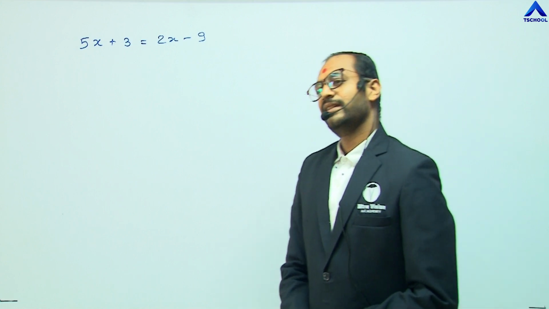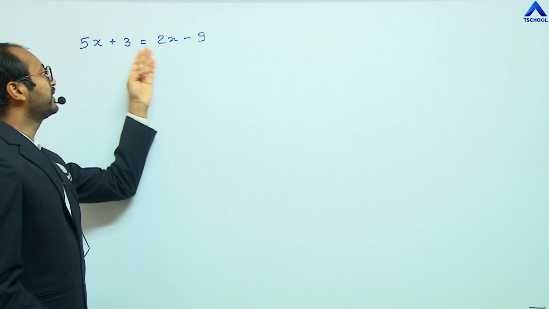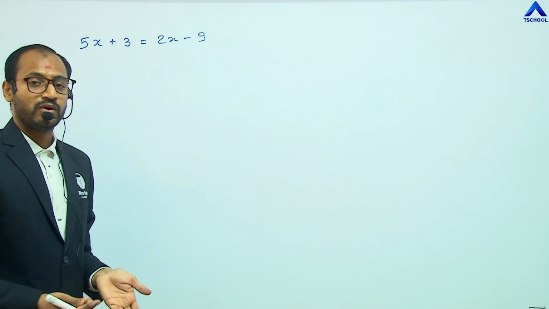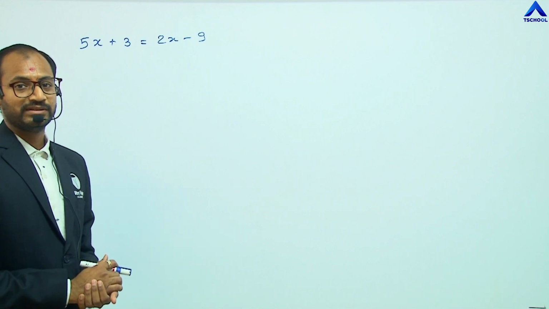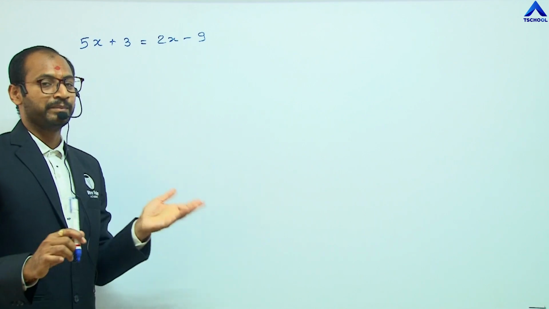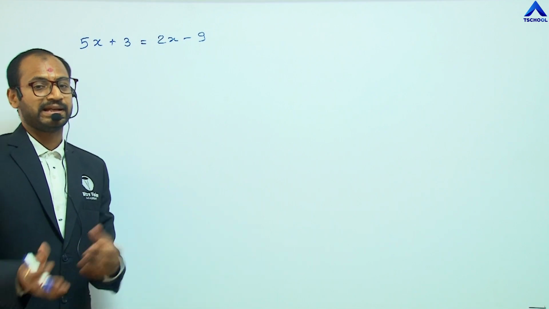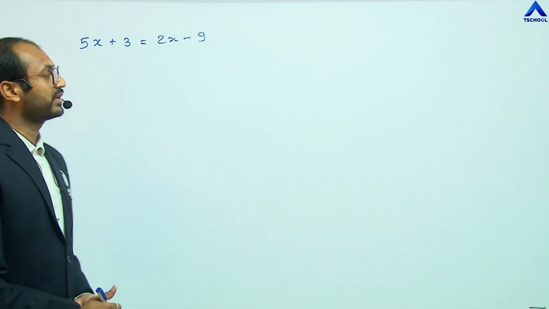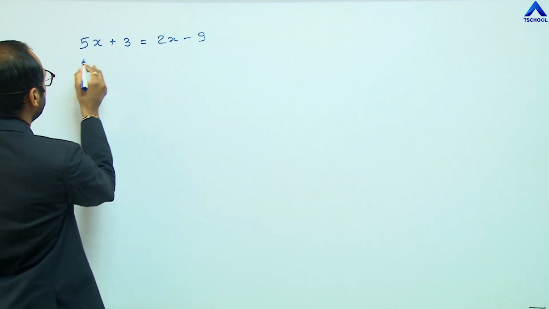Then we know that the variable is also included in either whole numbers or rational numbers or integers. So here x is a number. We don't know what it is, but we should consider it as a number. Then to simplify this equation, how can we simplify this?